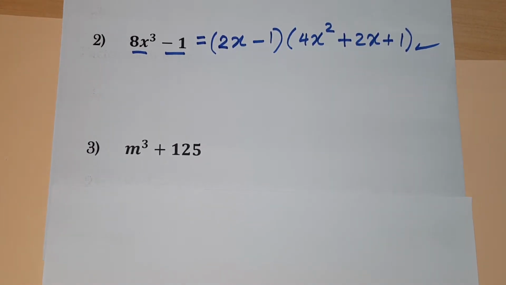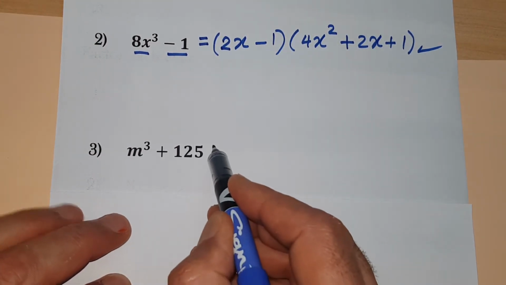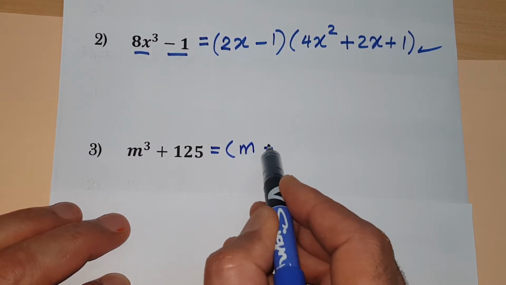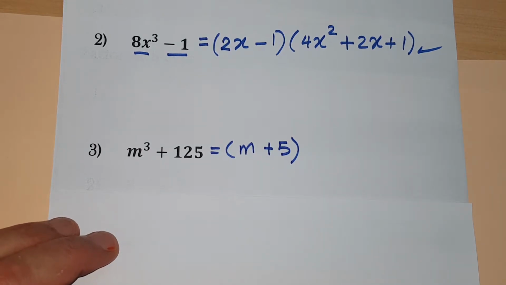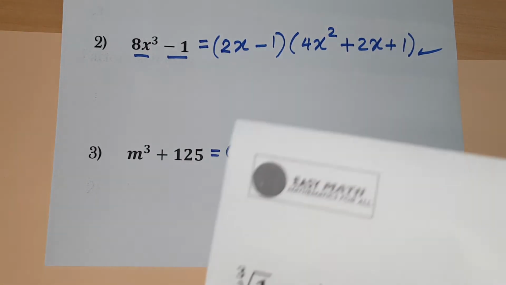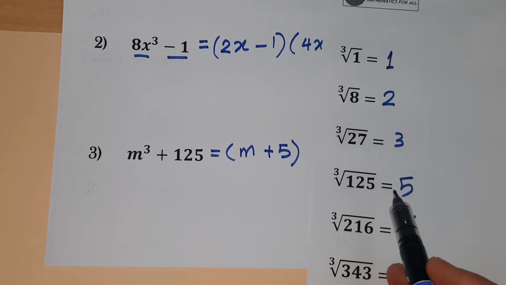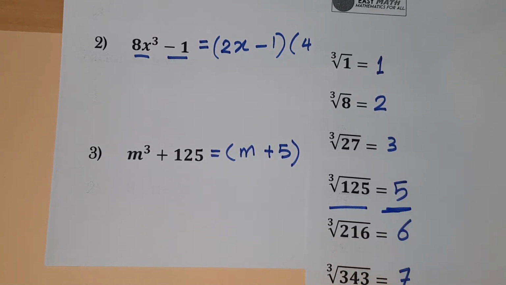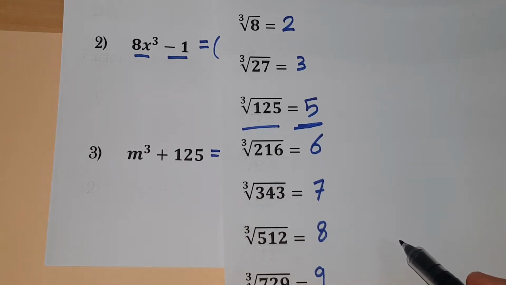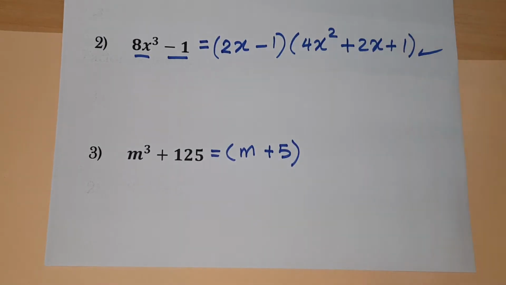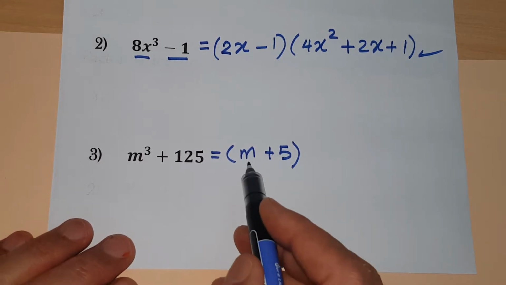One more. m cubed plus 125. It's a factorization. m plus 5. Don't forget to use the cube root. Look, the cube root of 125 is 5. You can check the list I showed you now, this list of roots of cube numbers. Okay? m plus 5